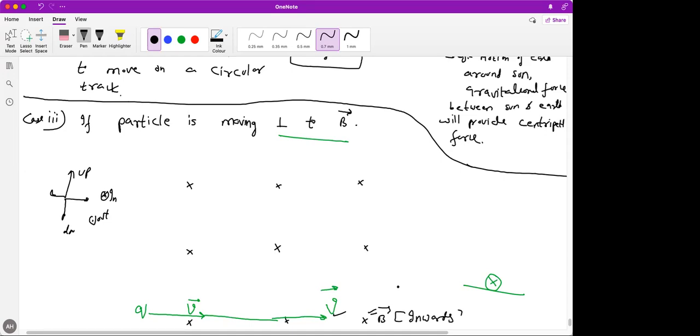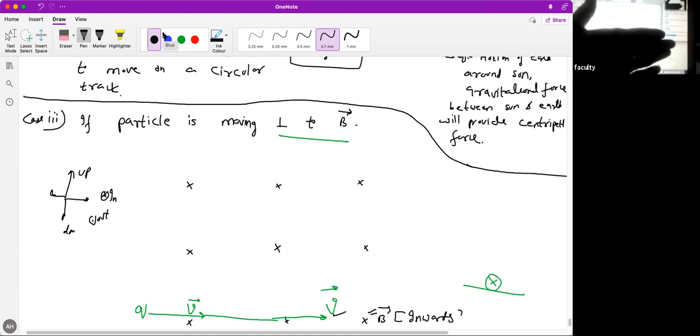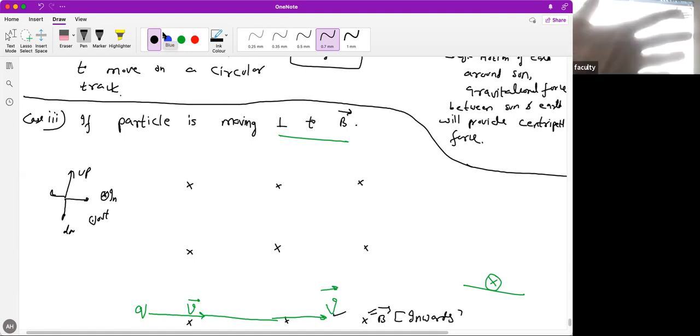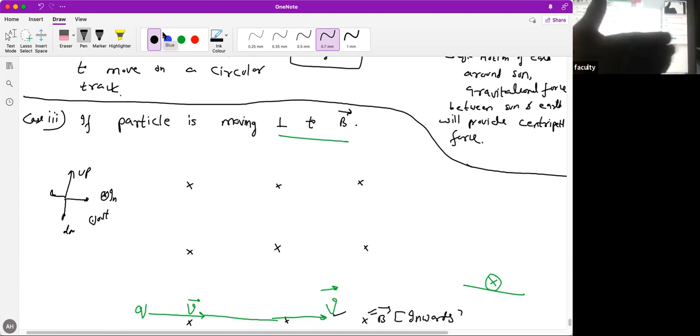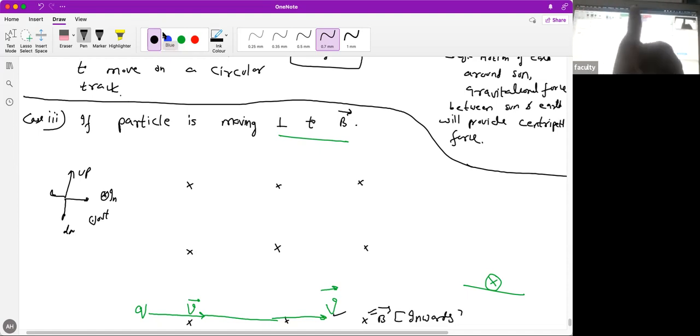Yes, Noor. Now you are correct. See, take your right hand and place it in the direction of velocity. Then your magnetic field is inwards, so curl it in the inwards direction. See, my thumb is going upwards. Repeat, everyone. Just take your right hand, place your finger in the direction of velocity and curl it inwards. The thumb is going upwards. Are you getting upwards now?